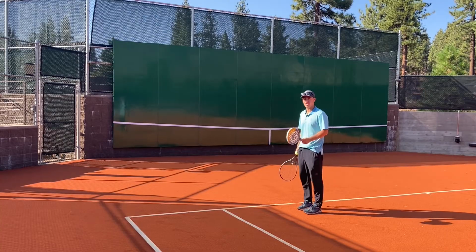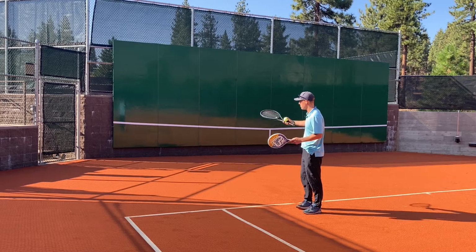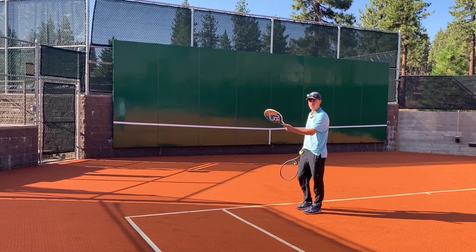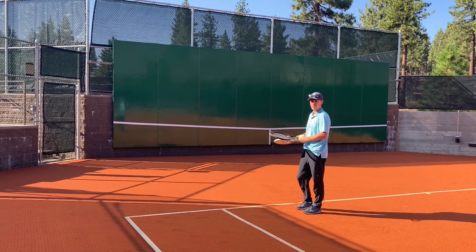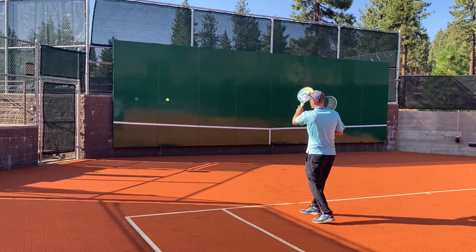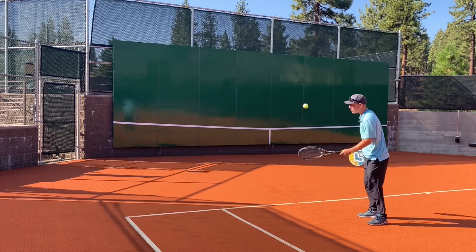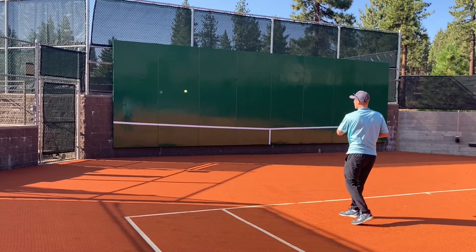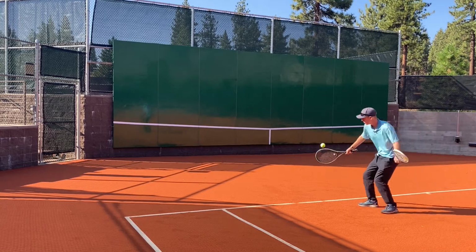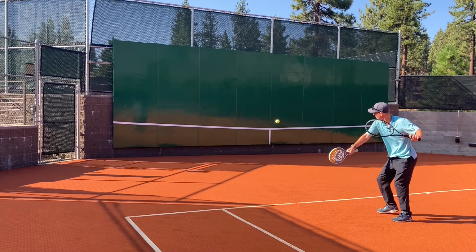If I'm going for the switch and I'm not fast enough because maybe I'm hitting more of an aggressive shot with top spin, then I can bump the ball first after I've switched the paddle to give myself more time to prepare. So I'll hit the first shot, switch, I'll bump the ball, hit the next shot. That came back too fast, so I didn't have time to switch, but just keep alternating like that,